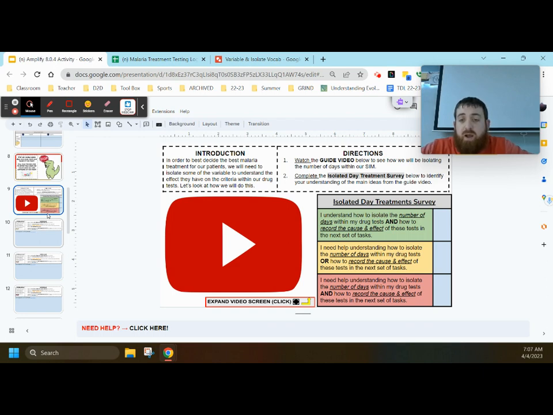So, today we're going to begin isolating different variables within our treatment options to look at the cause and effects they have on our three criteria. In other words, how can we take certain variables and focus on them so we see how they affect the cost, whether up or down, patient side effects, good or bad, or resistance levels, high to low. To do that, we need to understand this idea of variables and